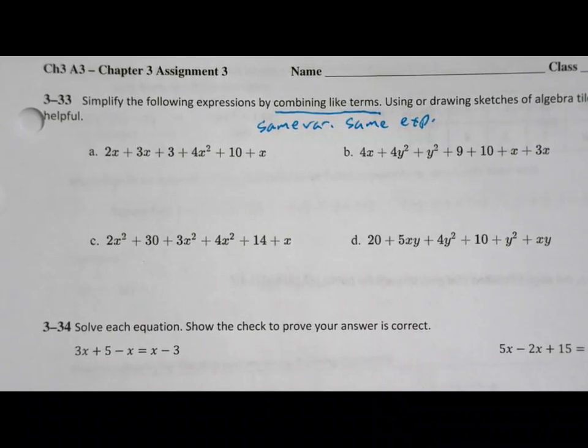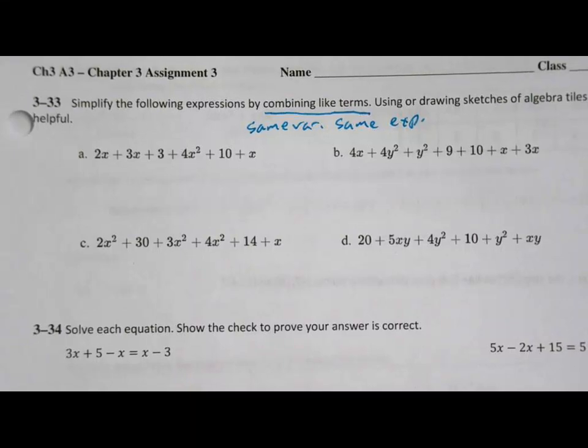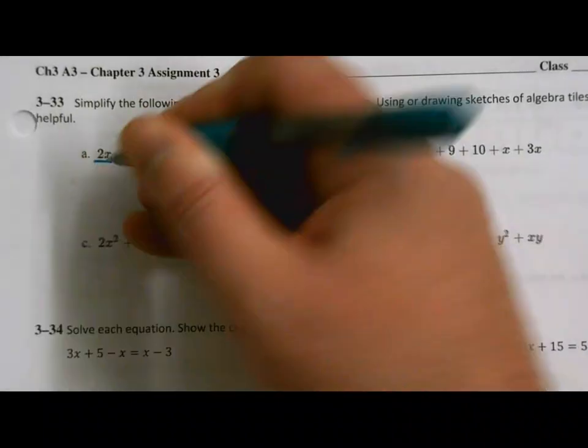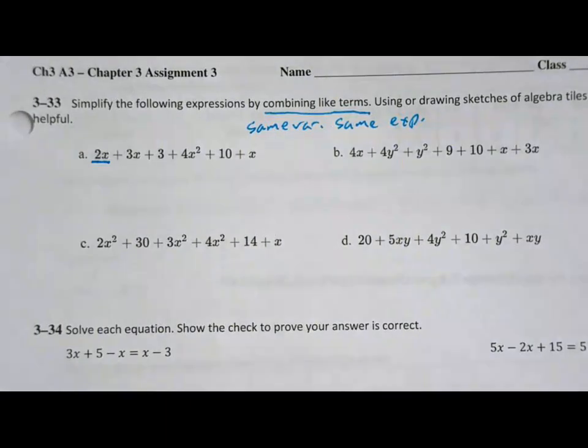Okay. So same variables with the same exponents. And when we write our final answer down, it does not matter what order we put things in. So here's how I like to do this. I'll start looking through the problem. Whatever my first term is, I like to underline it and then go through and see if I have any